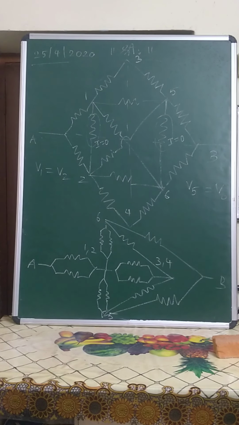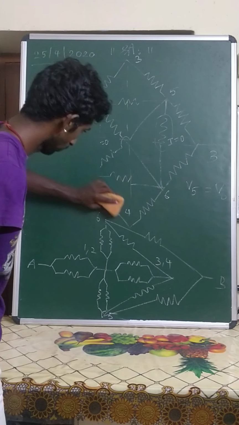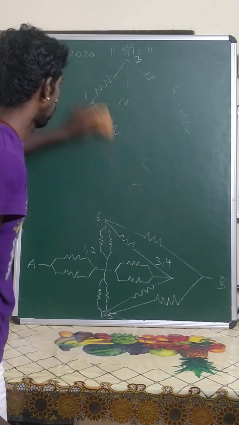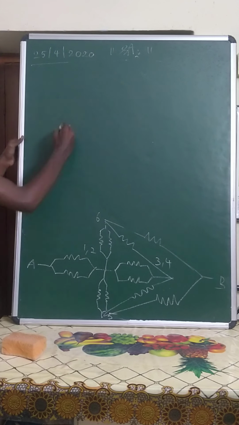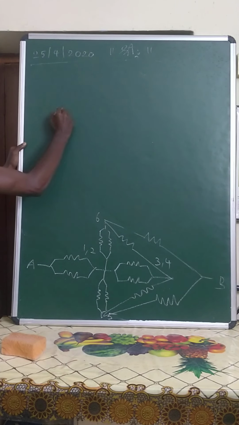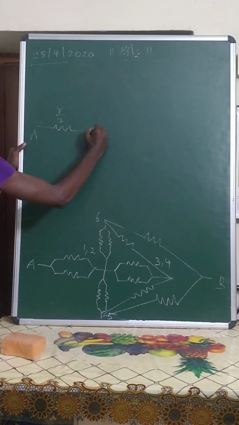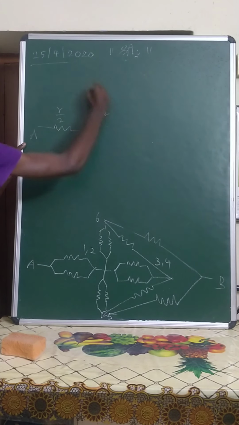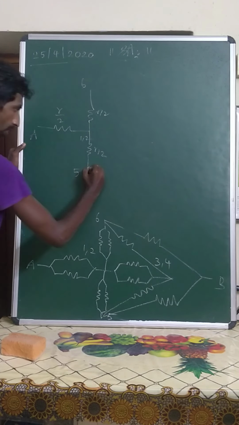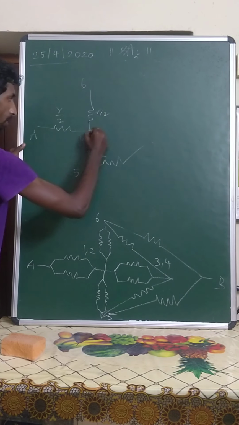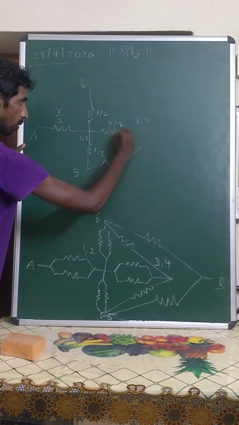Okay, this is the final form of this. So if I redraw this to solve, the answer is actually 1.2 R, which is given in our book. So we want to get that answer 1.2 R across AB. So this is R by 2. This resistor is R by 2, which is 1, 2. And this is R by 2, just moving towards 6. This is R by 2, moving towards 5. And this is R. This is R by 2. R by 2, which is moving towards 3, 4.